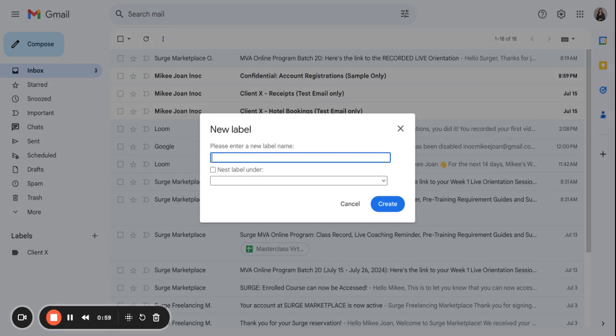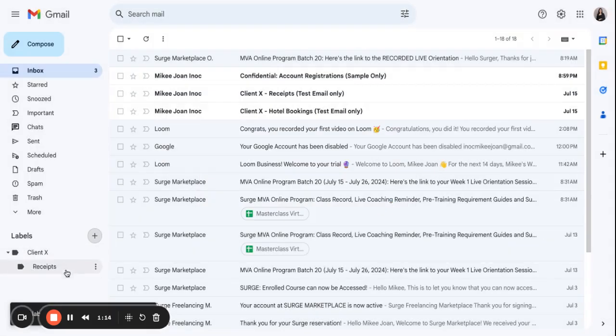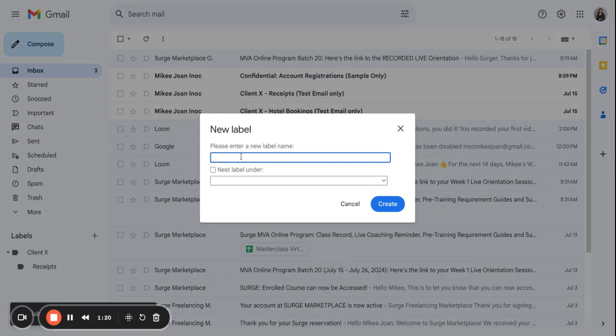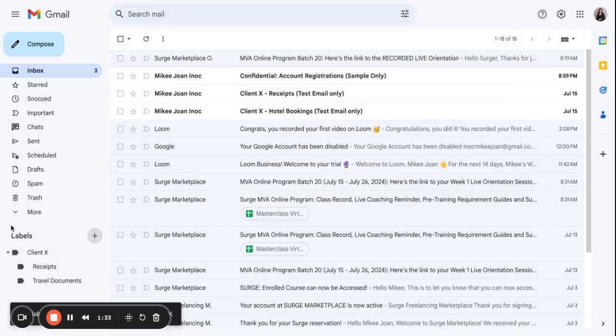For this example, I will create Receipts, and then to show it under Client X, I just need to click next label and then select Client X. And as you can see, it is added under Client X. I want to create another one, Travel Documents, and click again the next label and then click Client X. So on this side, we have the Client X label and under it we have Receipts and Travel Documents.